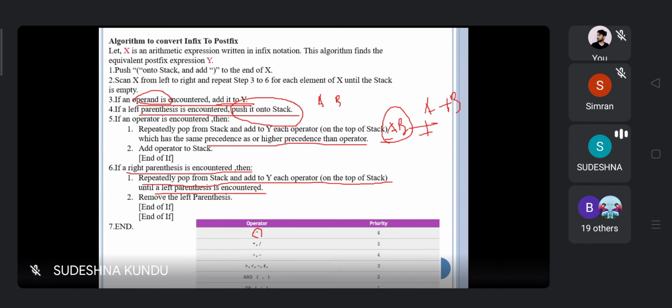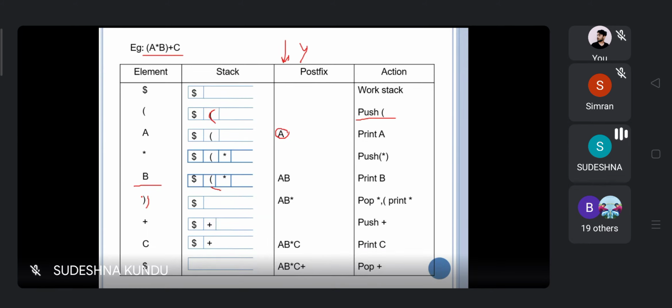So you have to take all the elements until you reach the initial opening parenthesis. This star will be popped and this opening parenthesis will be popped. So A, B, star, C.